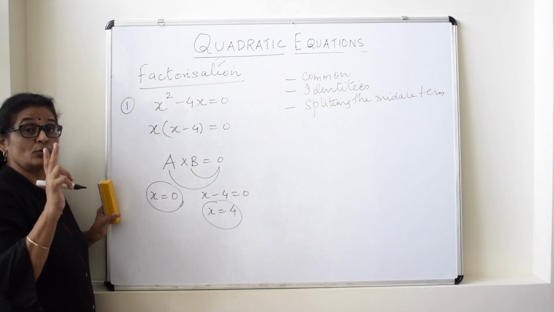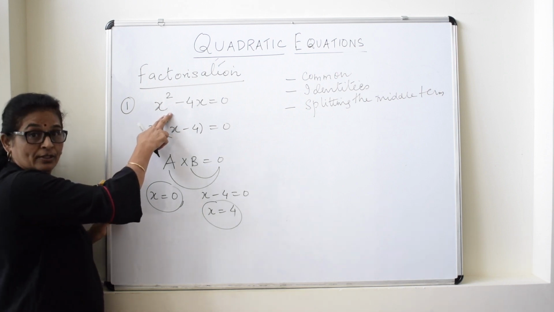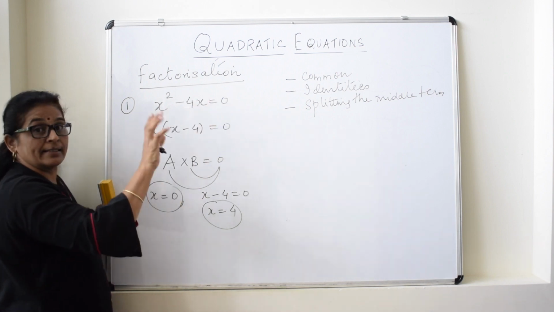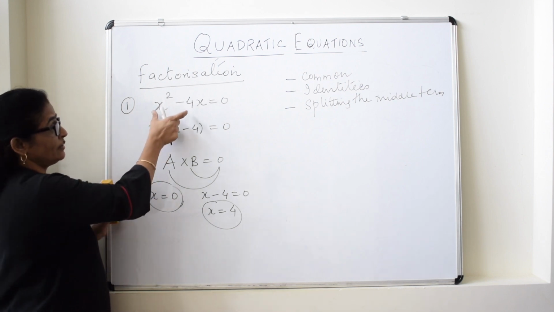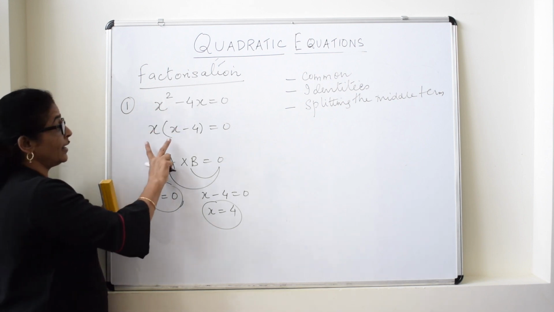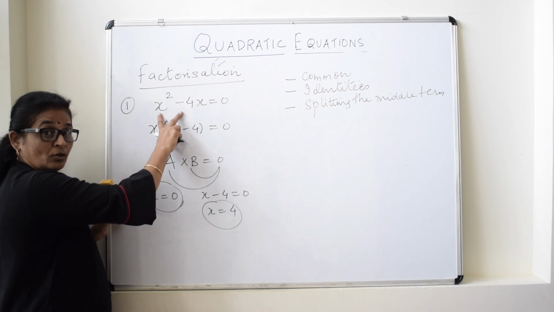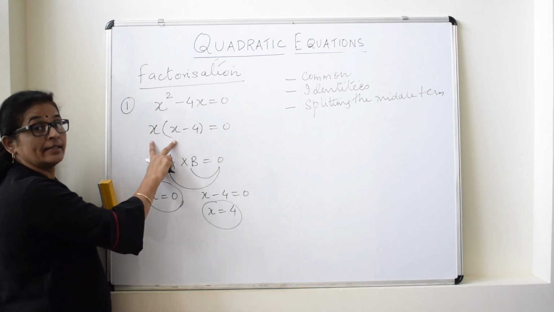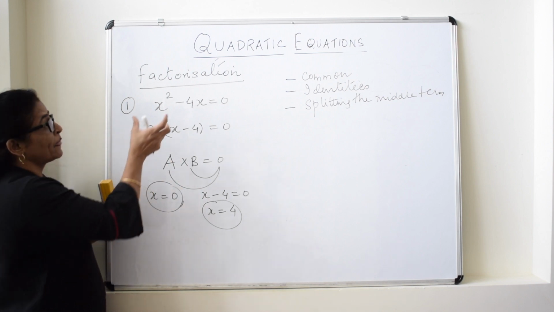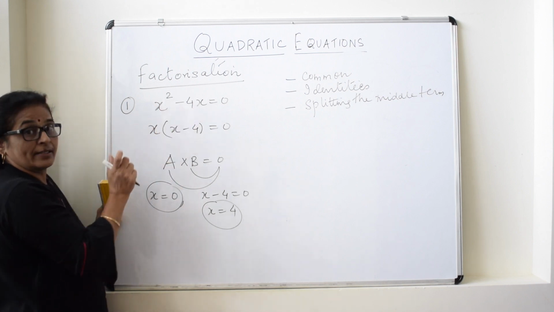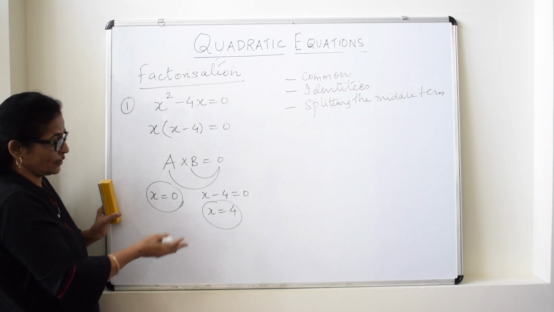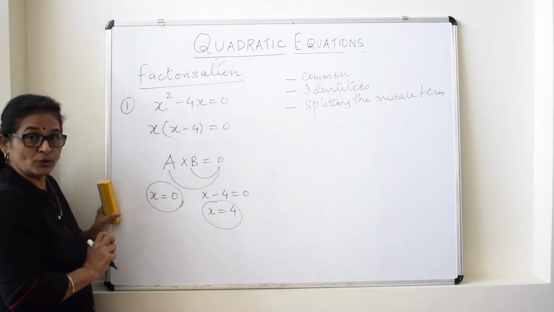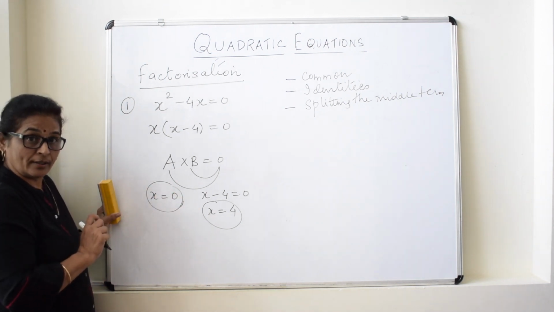These are called the roots of this quadratic equation. We have not applied any identity or split the middle term. Directly, what we have done is just taken the common factor and rewritten the given quadratic equation in the form of the product of its linear factors. So first, just see if there is any common factor, take it out, and further you can find the two roots or the two solutions of this quadratic equation.